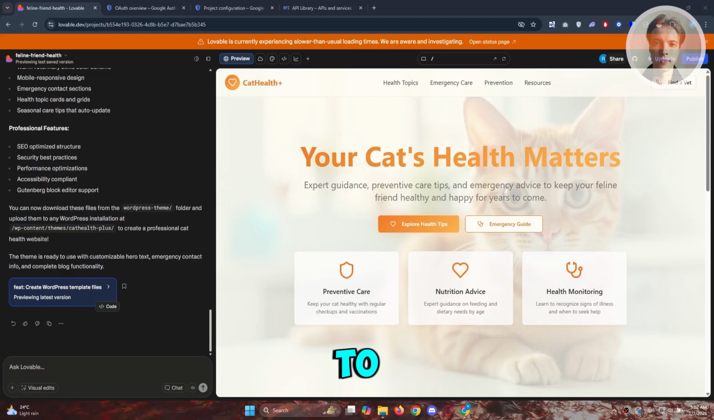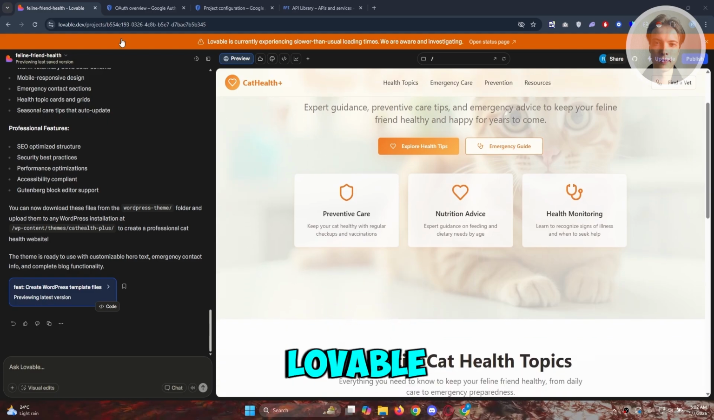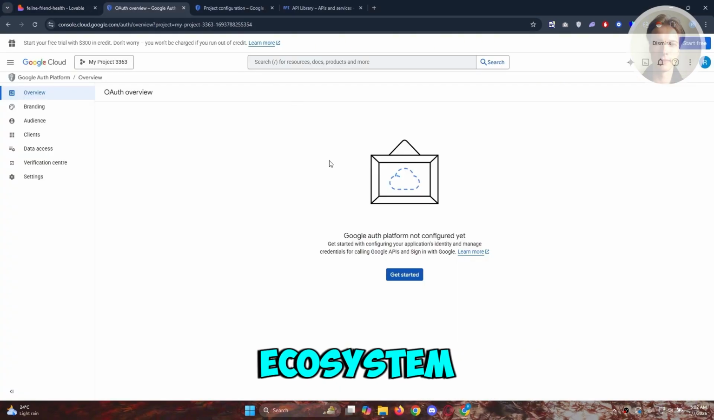So you might be wondering how exactly to add Google login to your Lovable app here. Well, there are a few things that you may want to know. So the whole idea starts outside of Lovable. Now, inside Google's ecosystem here,